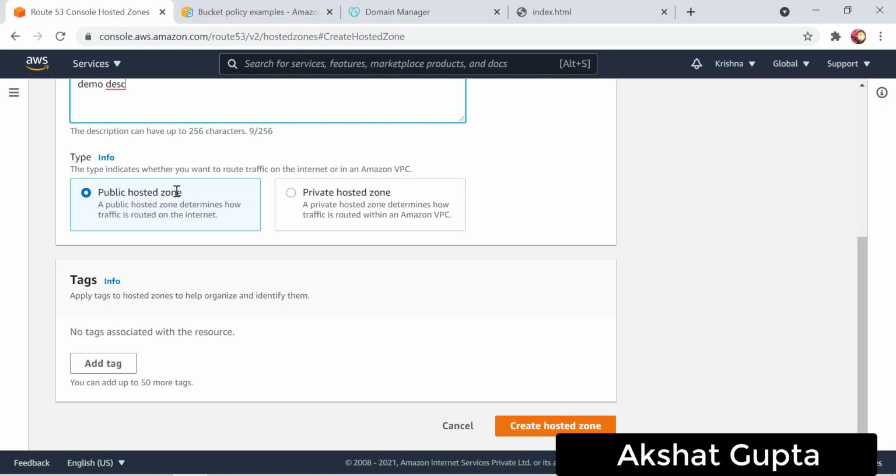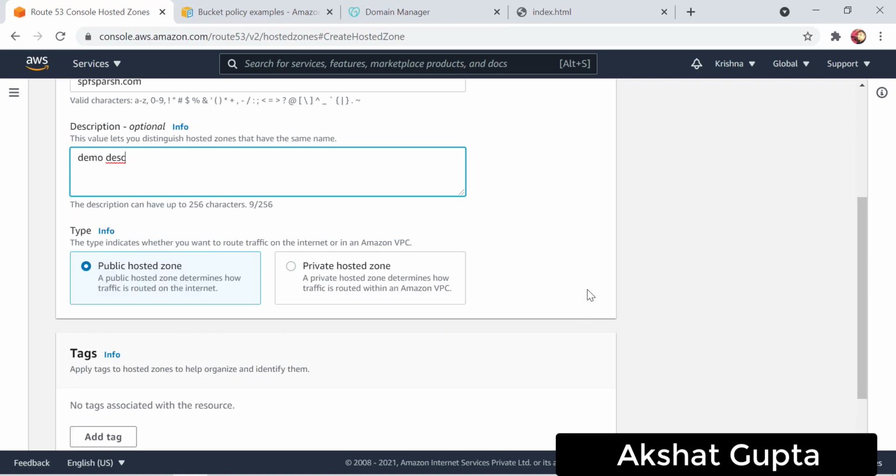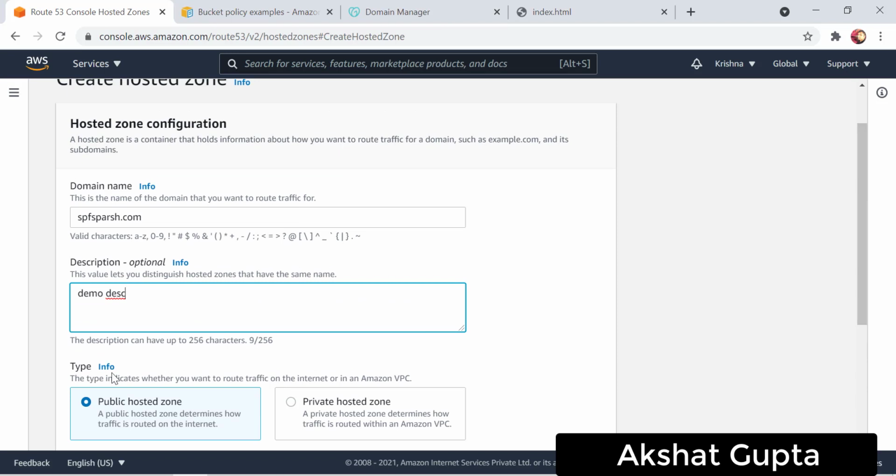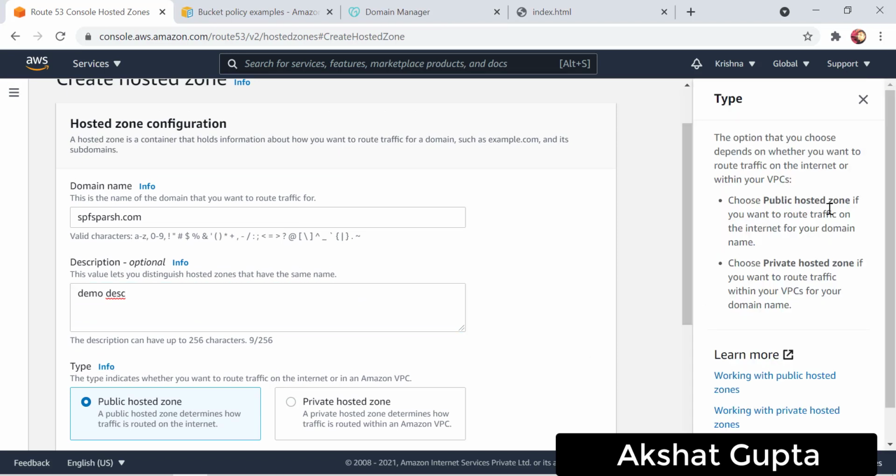If I want to redirect traffic coming from the internet to a load balancer, an S3 bucket or any resource, I can use the public hosted zone.